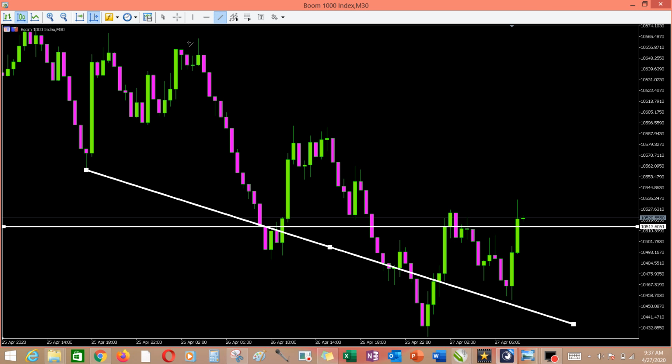You can see the resistance level here. Can you see it? Once it is getting there, it is going down, and you can see it has gotten there again, and it's trying to go down. But if it breaks it, then you should consider the next resistance level as a buy stop.